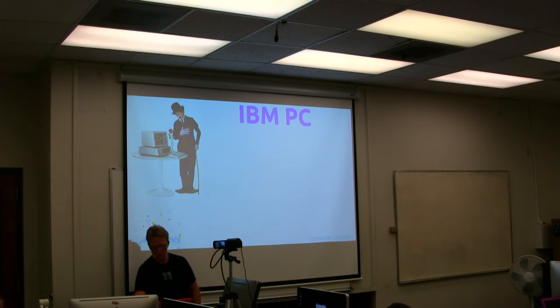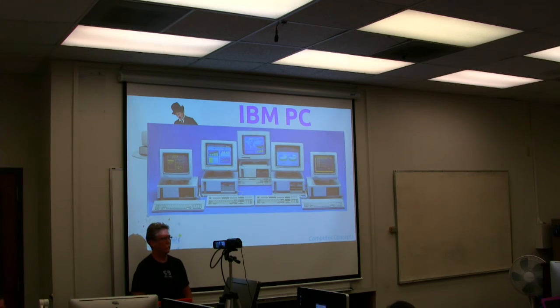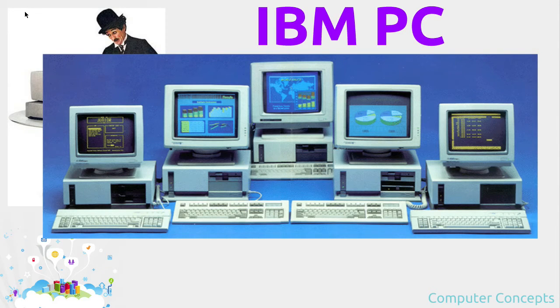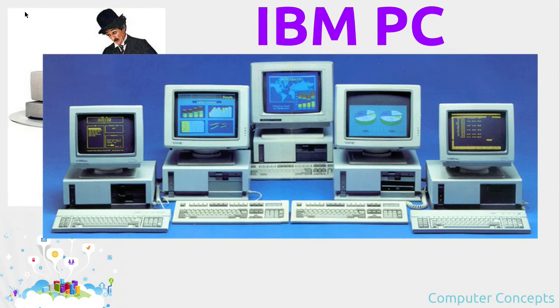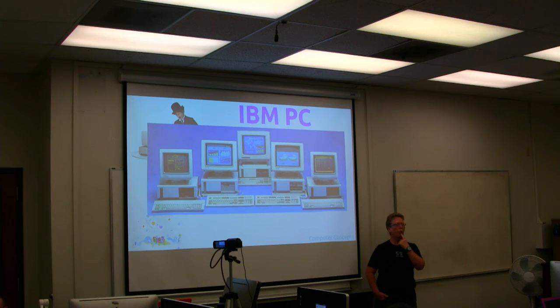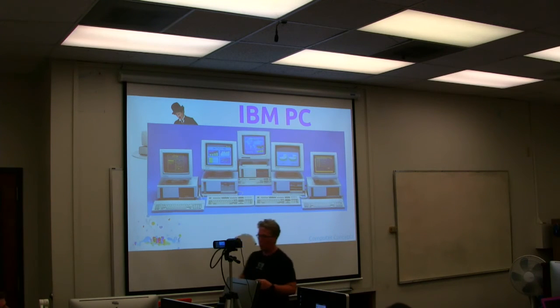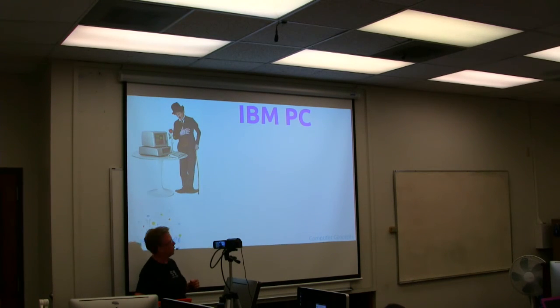So here's what happened though. Anybody know what this image means? Because do these say IBM on them? How did we go from IBM creating a computer to, and by the way, anybody know what this is called? They're called clones, or what we called compatibles. So how did people take this and create that?